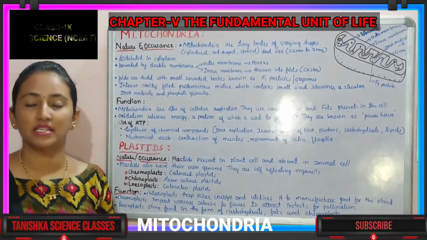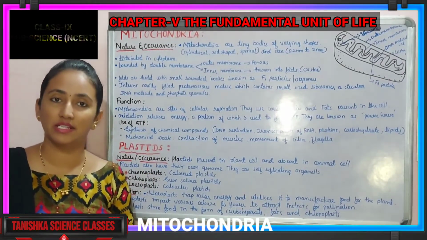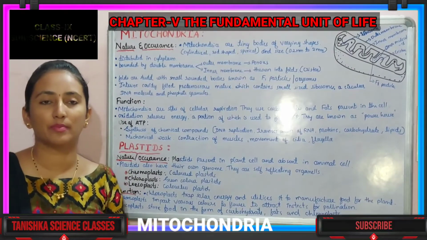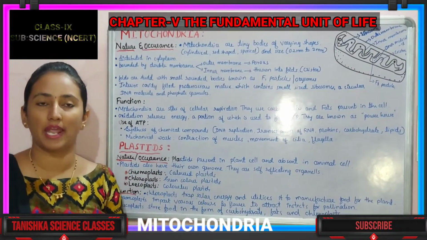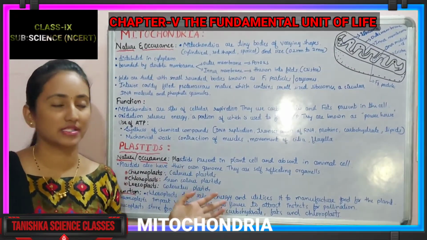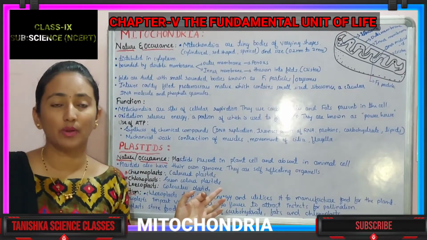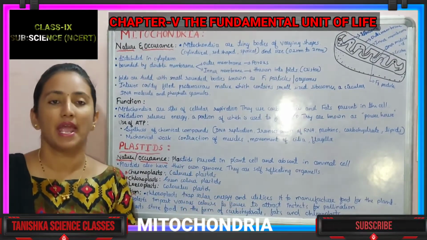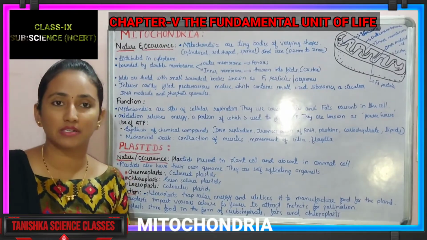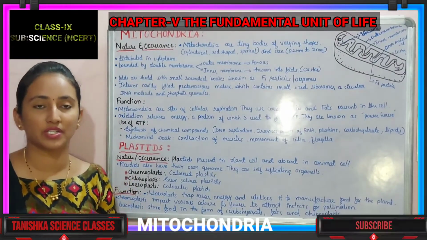Plastids are also organelles which are present in the cell. We can observe them only in the plant cell, and they are absent in animals. So plastids are present only in the plant cell. They are absent in the animal cell. How are they present? We can observe that its main function is to